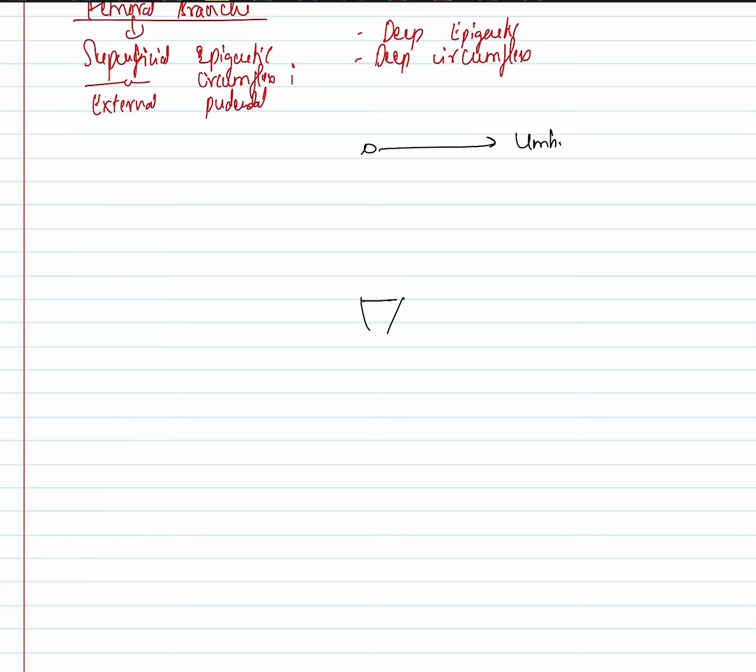Okay, umbilicus, and this is your pubic symphysis, midline. Now you must have heard about something called Hesselbach's triangle. This is your Hesselbach's triangle. Next to the Hesselbach's triangle, that means the lateral boundary is formed by your inferior epigastric artery. Okay, so why I'm drawing this is I just want to explain to you the course of this